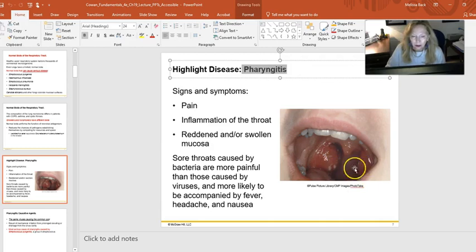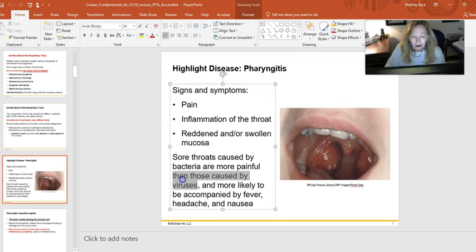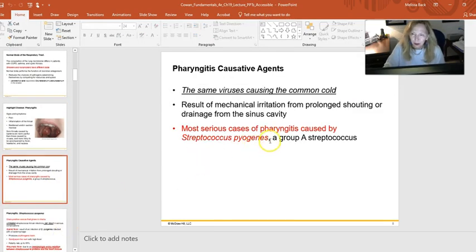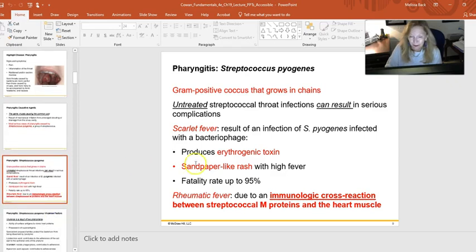So it's not always Streptococcus pyogenes. Oftentimes viruses can cause the same type of erythema, which is the redness back here. Viruses are very much responsible for this as well, but ruling out strep throat would be an important thing to do with a direct serology test or a throat swab, and then backing that up with a culture if it's negative. Streptococcus pyogenes, again, is not the most common cause; most sore throats are from viruses,